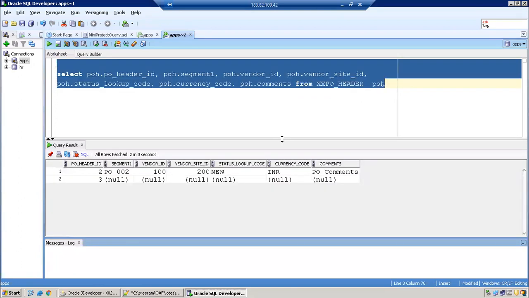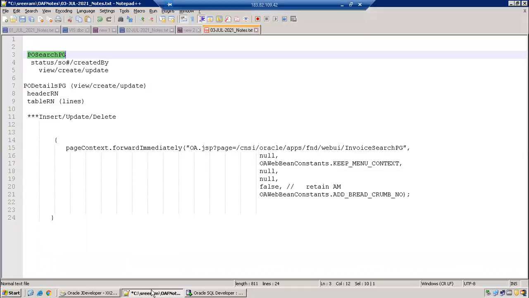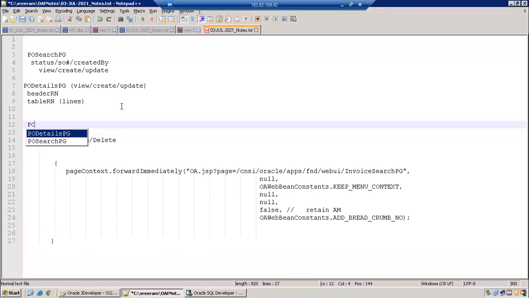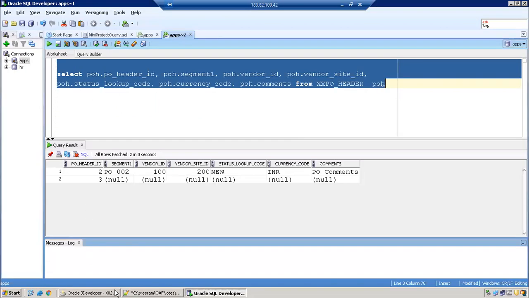Okay, so this is our query for the pivot details VO.